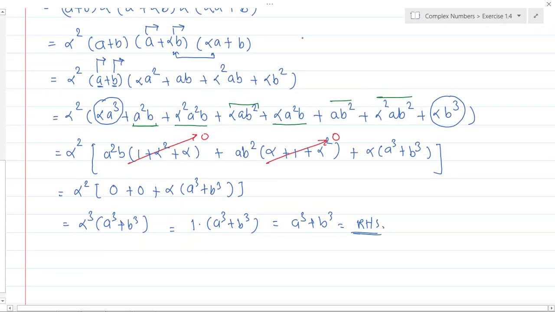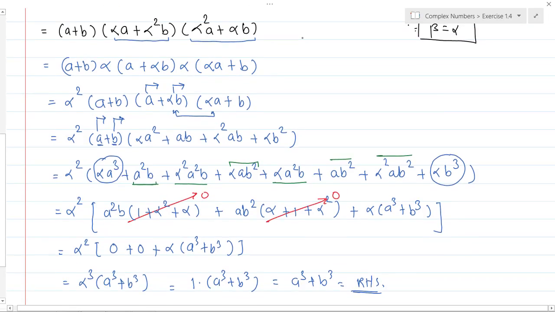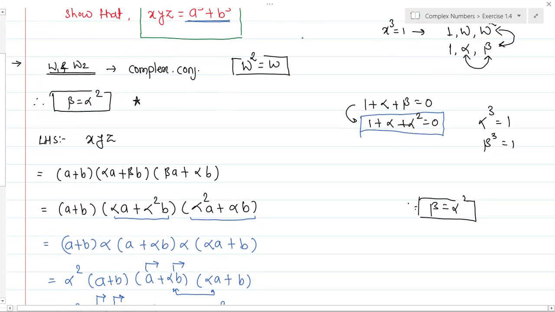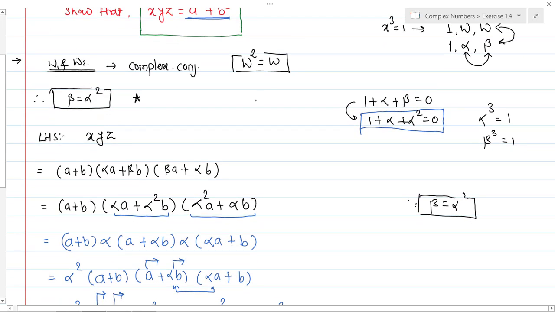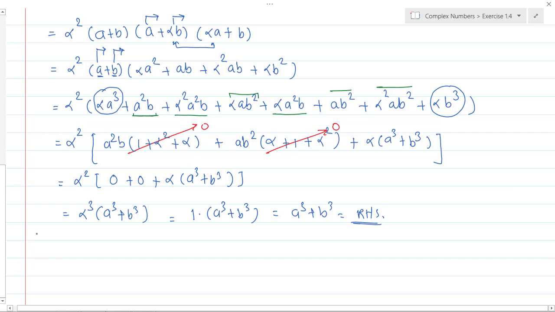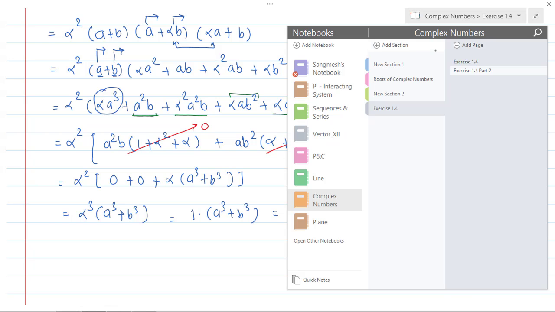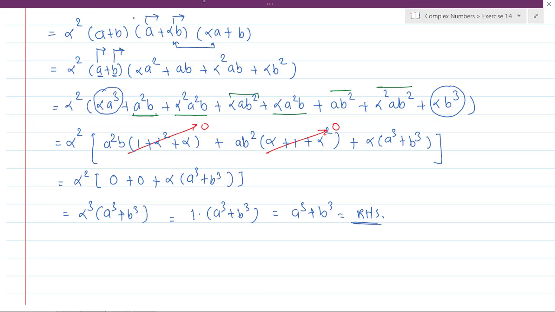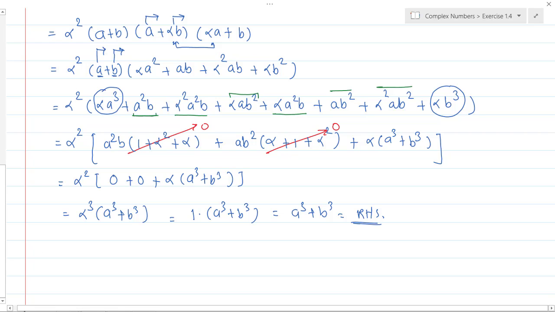Okay, it's highly recommended that you try this question on your own. Write down this question's solution as it is in your notebook. With this we have completed the fifth part as well. Now let's see the next part, which is question number 6, and it is an important one.